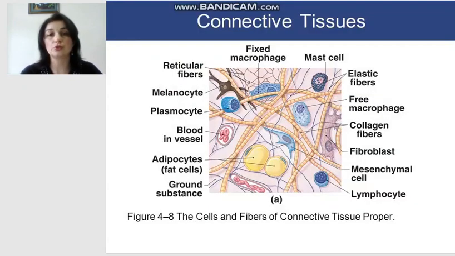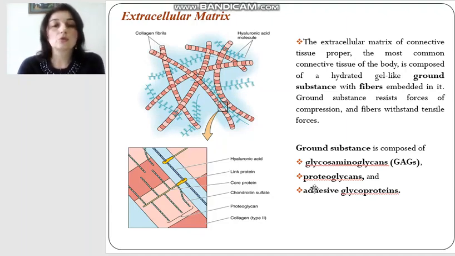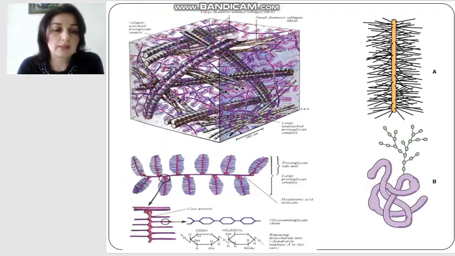So the connective tissue includes cells and extracellular matrix. What is the extracellular matrix? It is the component which is also present inside of the tissues, and its main components are ground substance and the fibers. The components of the ground substance, here you can see, are glycosaminoglycans, proteoglycans, and adhesive glycoproteins. Each of them has its own functions in the body. Let's talk about first of all the